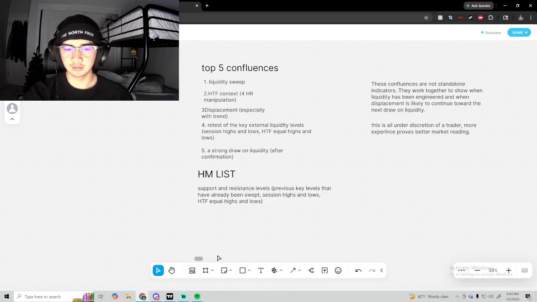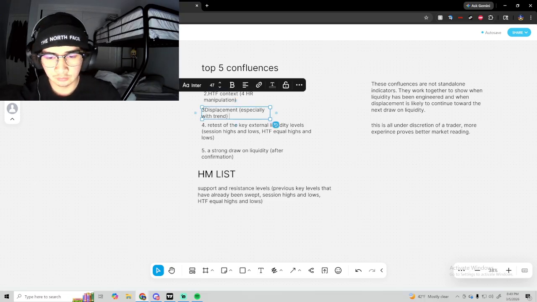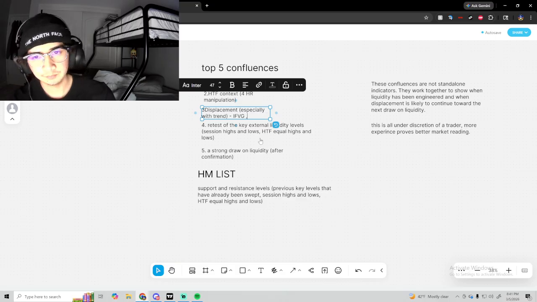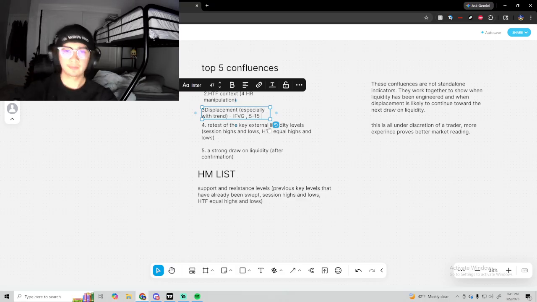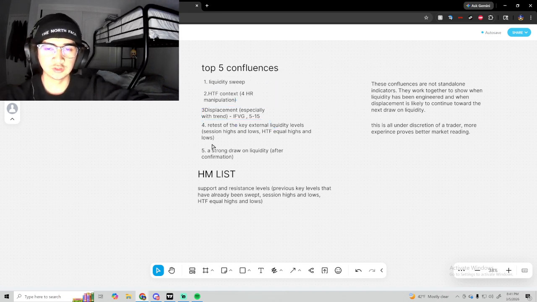But in case of inverse setups, you just got to give it time, or at least for special inverse setups, wait for a 5-minute or 15-minute candle closure. And if you don't get your entry, then let it run. If you do, enter that. So that is displacement. Number 4, the retest of the key external liquidity levels, session highs and lows, or high